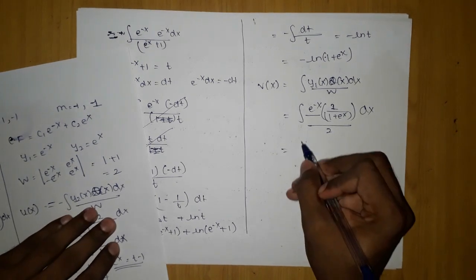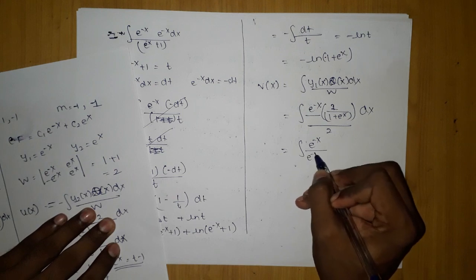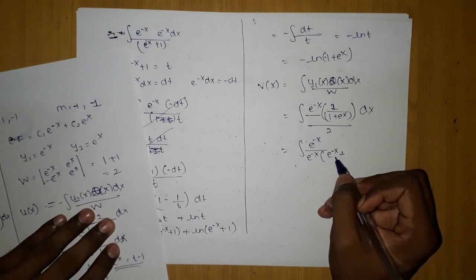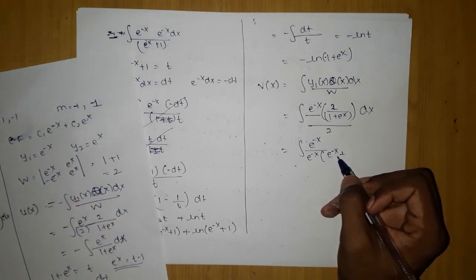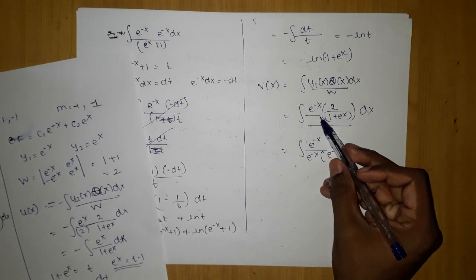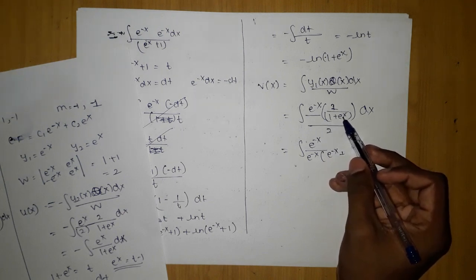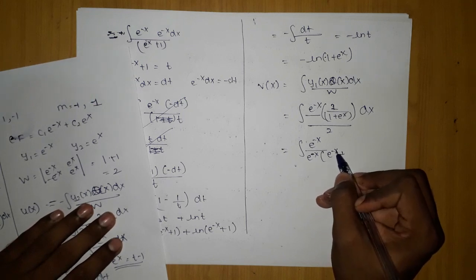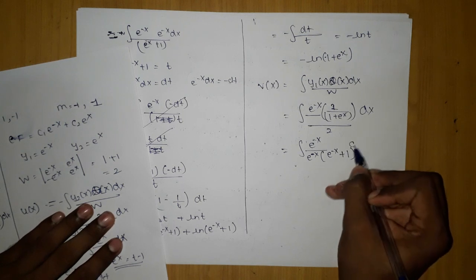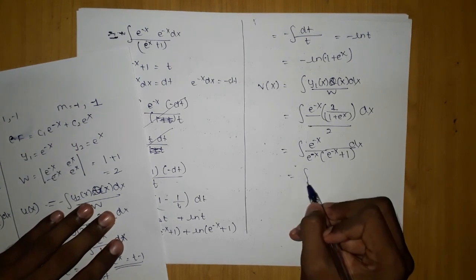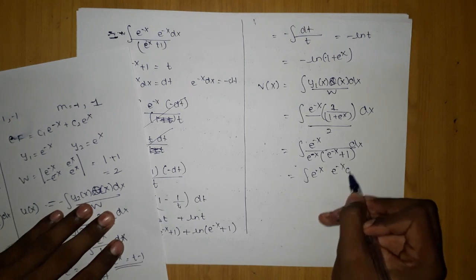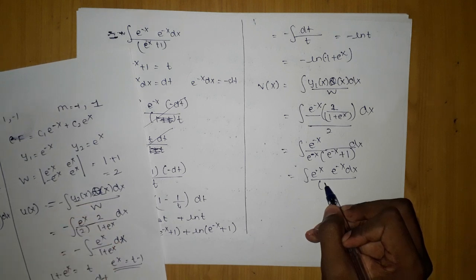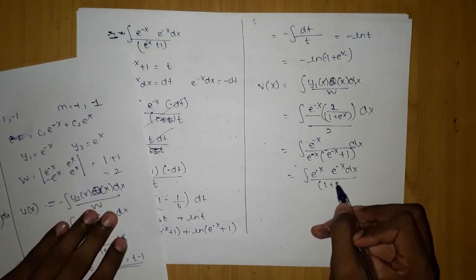Now we are going to take e to the power minus x in the top. We are going to take e to the power minus x from here, which will leave e to the power minus x. If I take e to the power x common, I am going to get e to the power minus x and here 1 into dx. If I move this up, I am going to get e to the power minus x into e to the power minus x into dx by 1 plus e to the power minus x.